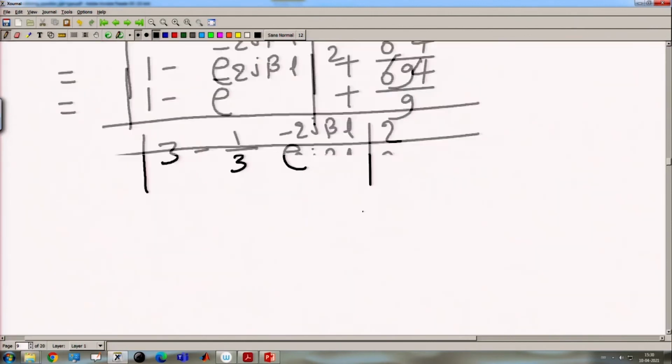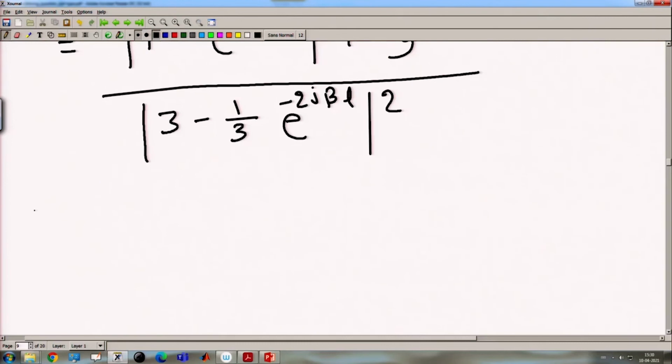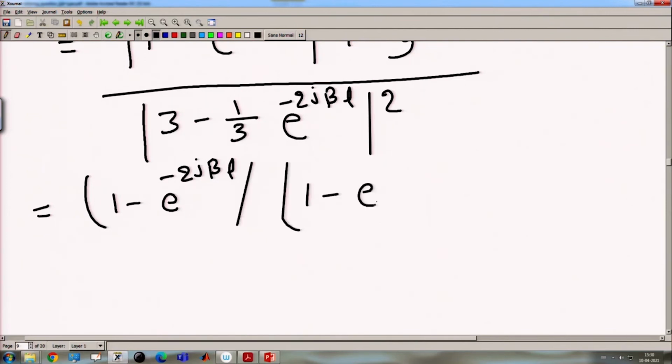Because this is in the mod, this can be written as (1 minus e to the power minus 2 j beta L) into (1 minus e to the power 2 j beta L), because we have to remove the mod. So, mod of a whole square equals a into a star, where a star has e to the power minus 2 j beta L, here it is plus